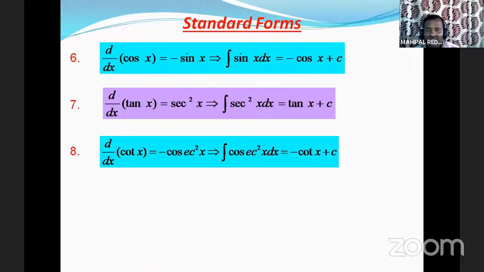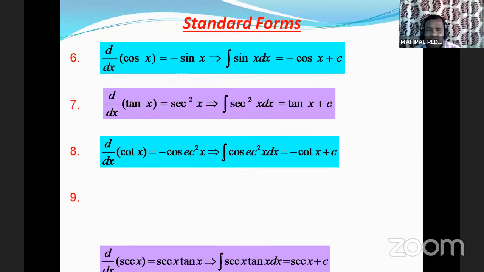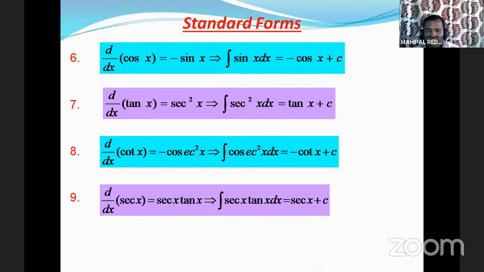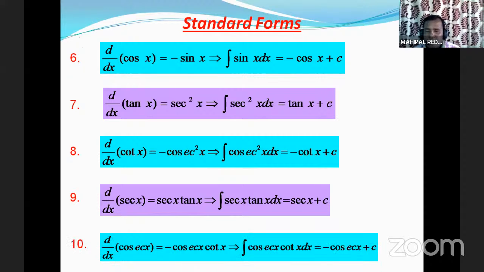Integration of sec square x is tan x. Integration of cosec square x is minus cot x. Integration of sec x into tan x is sec x. Integration of cosec x into cot x is minus cosec x plus c. And the next